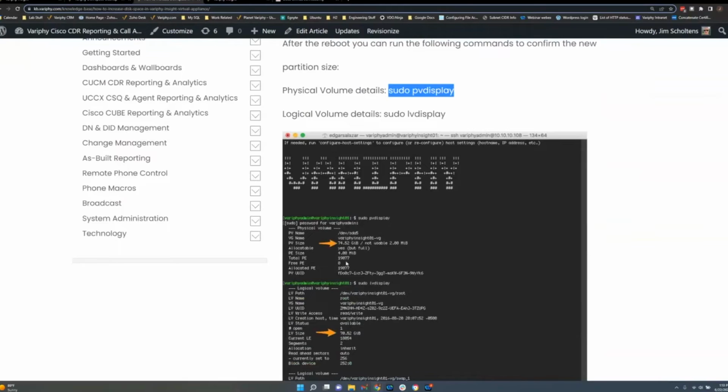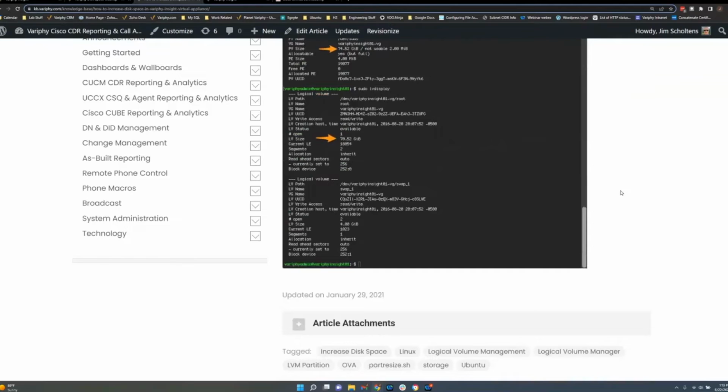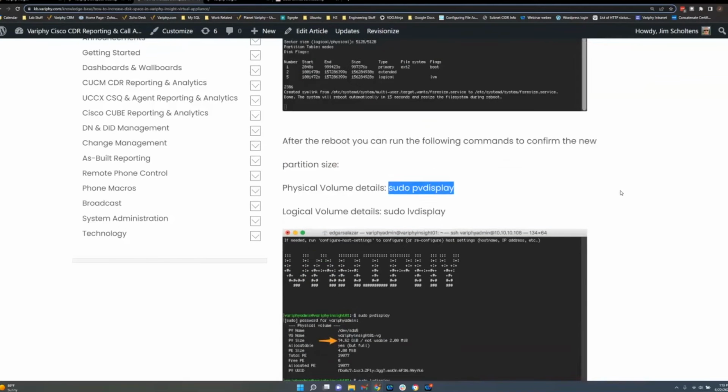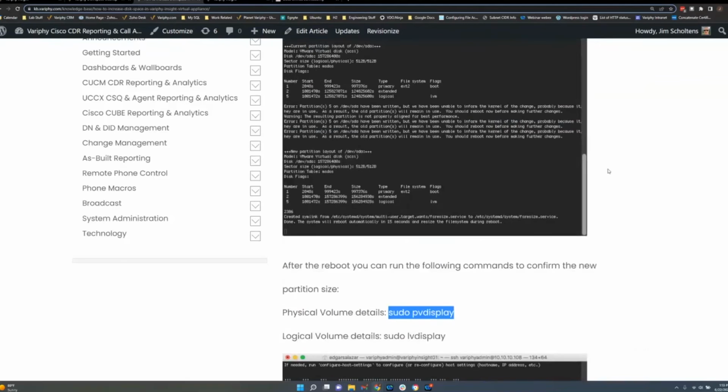That will give you the following results, and it should show the added drive space here, or you can go back to your server platform and verify in the UI like we showed before. All right, so that should get you enough space. Once you add the space and run the partition script, the files should start coming in to verify and get processed.